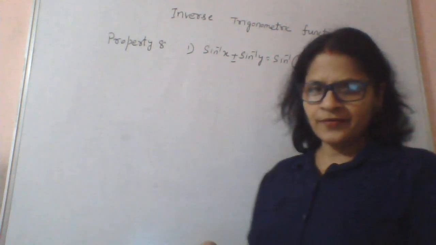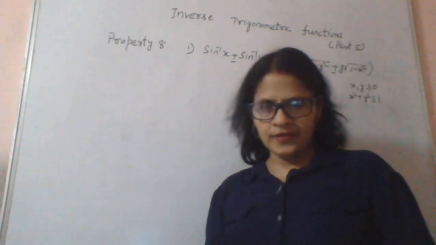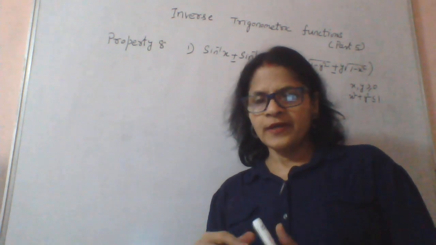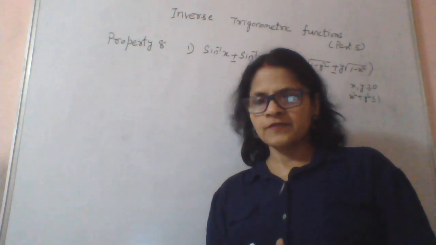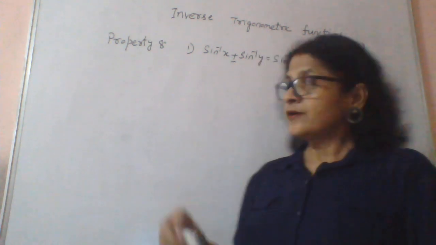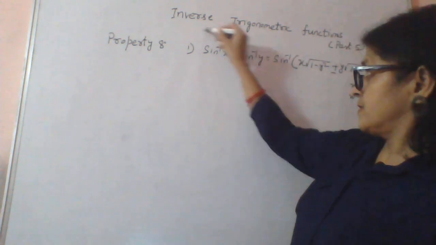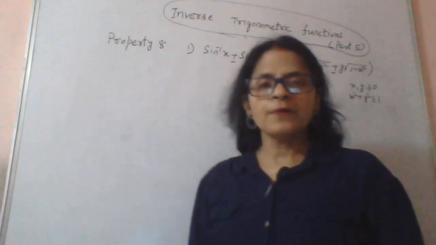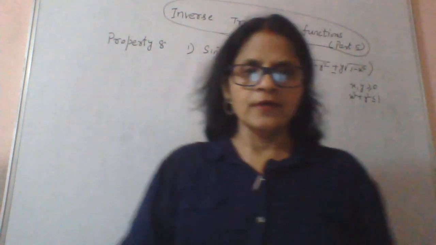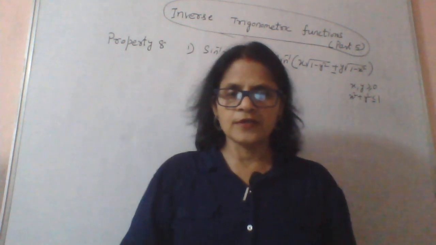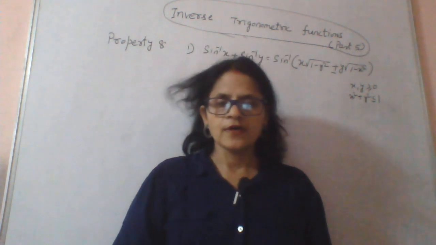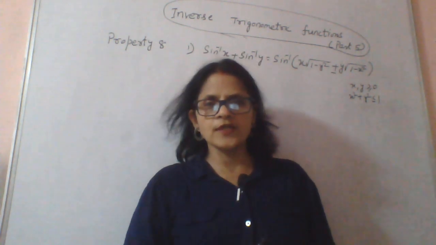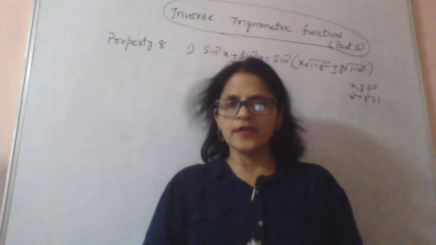So today our class is in continuation with inverse trigonometric functions, right? We have already studied 4 parts from this topic, and today's topic is basically inverse trigo functions part 5. In part 5 we are going to cover property number 8 and some questions, and specifically we will take some questions from exercise 2.3 of the NCERT textbook.